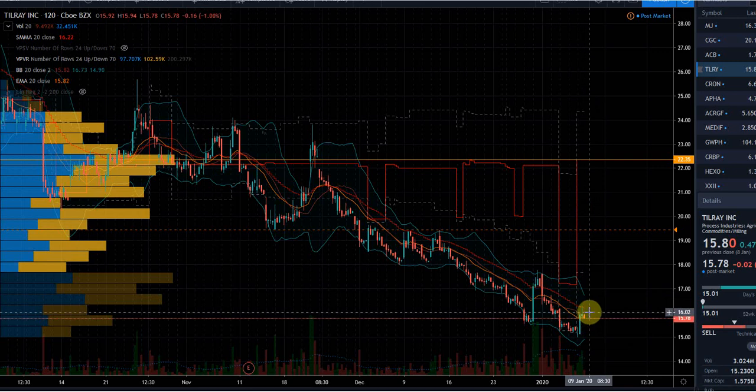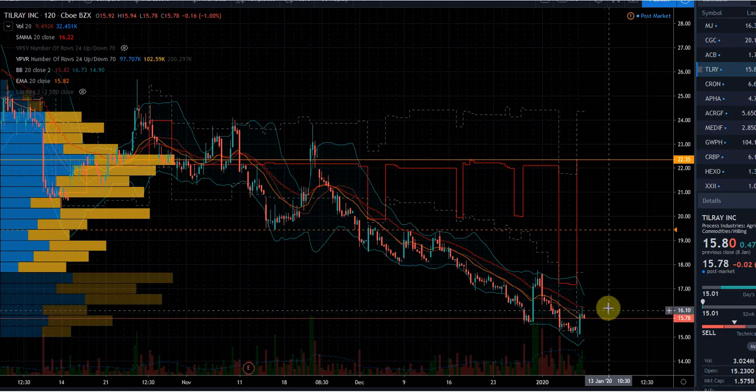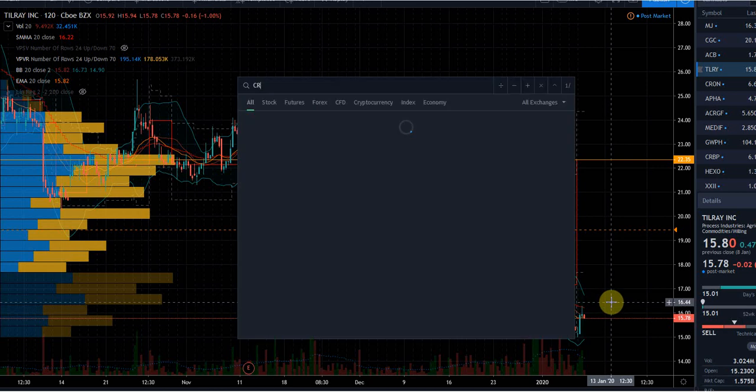It's trying to get back to a neckline from which it lost. I think there'll be sellers around 1620. That's my opinion. 1627. So if I'm looking to short it, I would wait for it to get there, short it with a tight stop. If I'm looking to get long it, I wouldn't get long it until it gets over that hump, and so forth. So CRN,